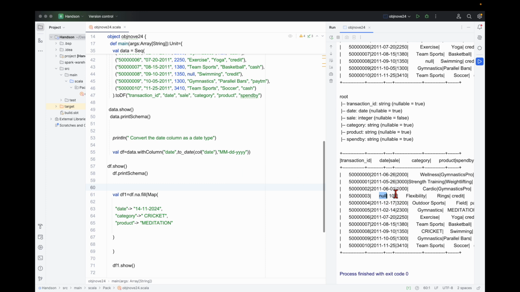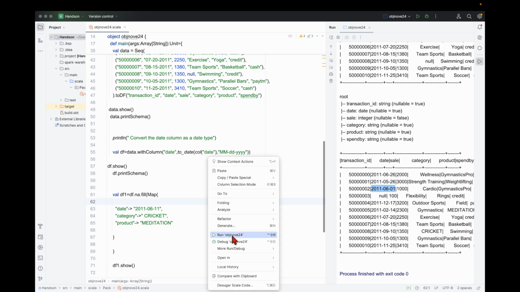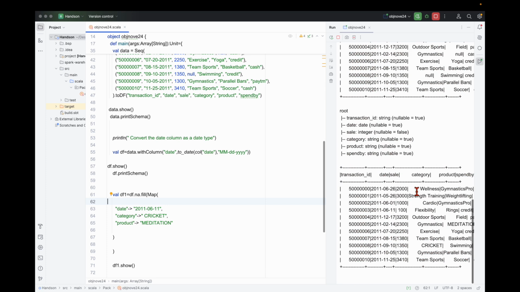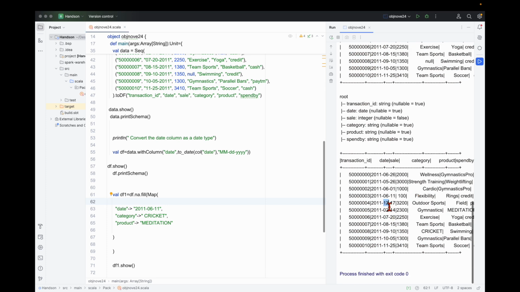Let me do this like this type of date here. I think now it will be fixed. Now you can see I put the wrong date format. That's why